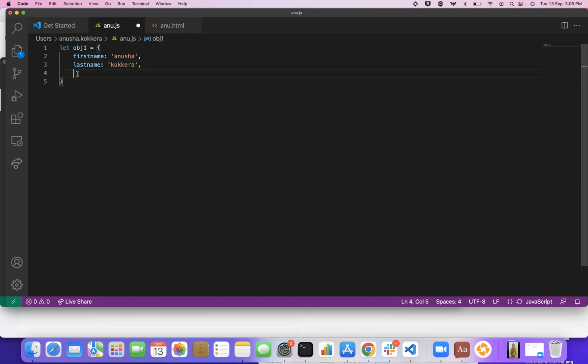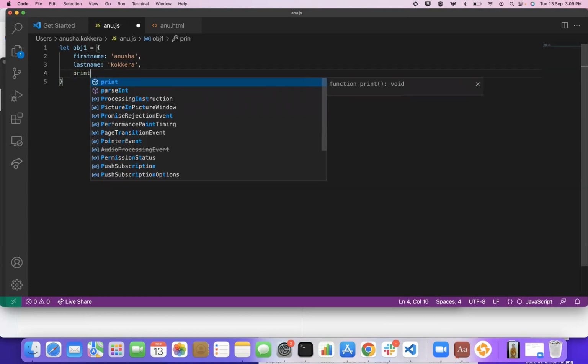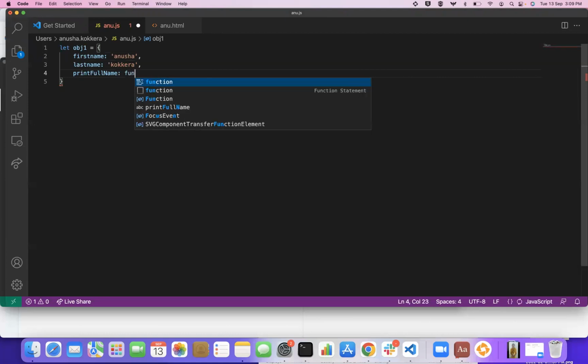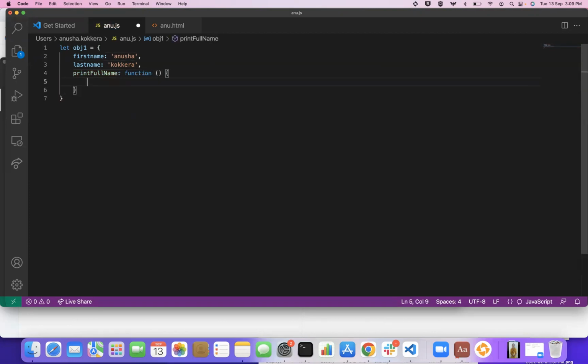So I can even declare a function in the object, right? How can I declare? I can just give printFullName as a key, and the value will be what? An anonymous function. So what it will do, it will just do console.log of this dot first name,